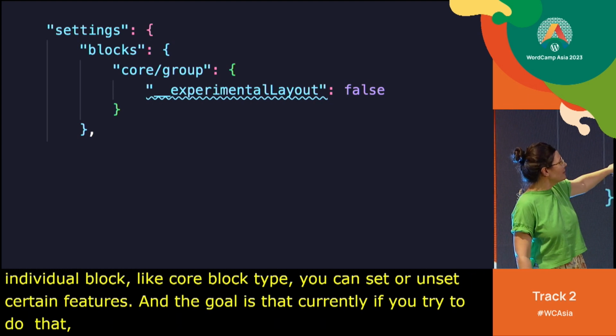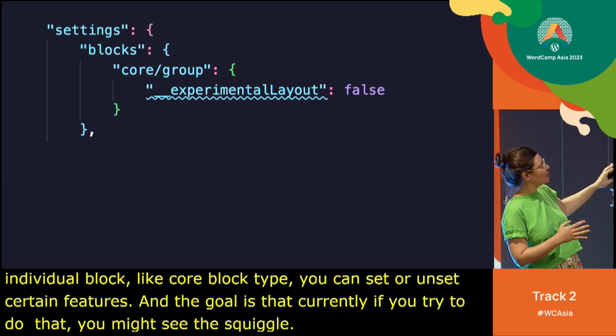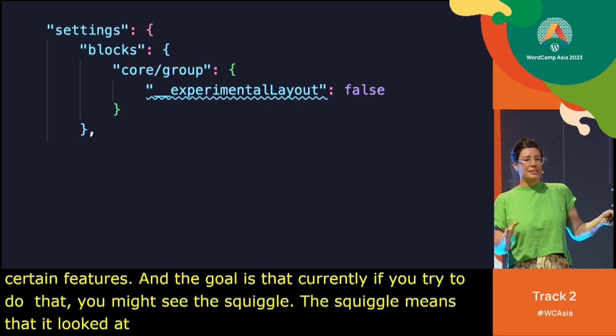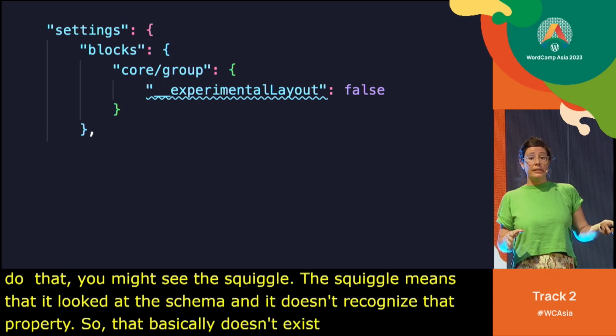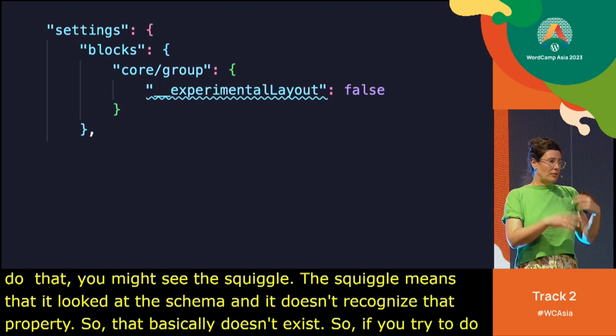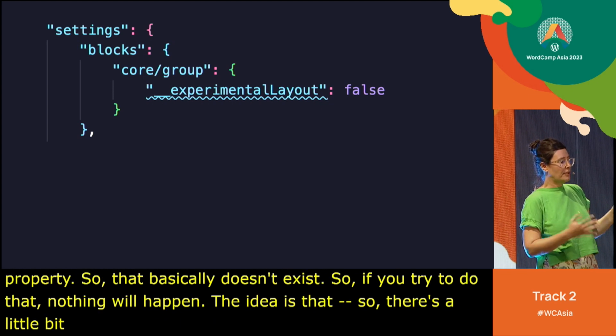The squiggle means that it's looked at the schema and it doesn't recognize that property. So that basically doesn't exist. So if you try to do that, nothing will happen. The idea is that there's a little bit of work to be done in the back end to wire it up, but the idea is that